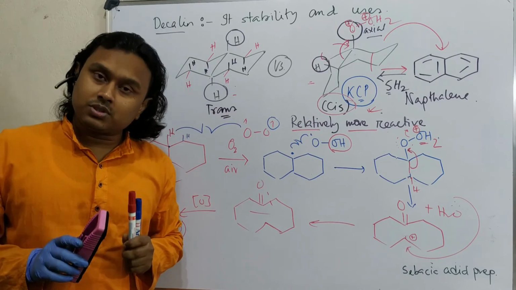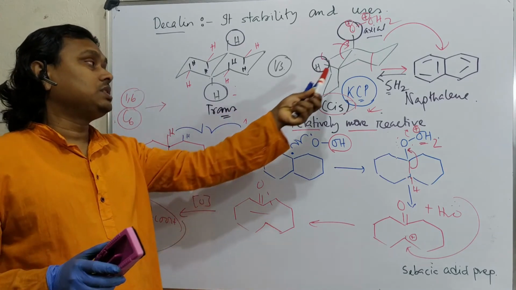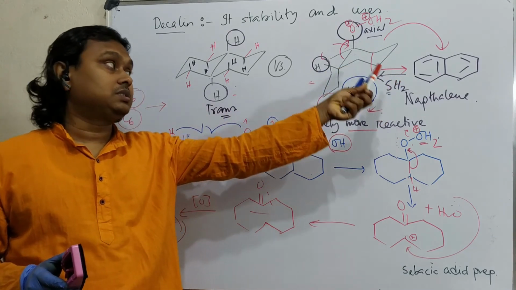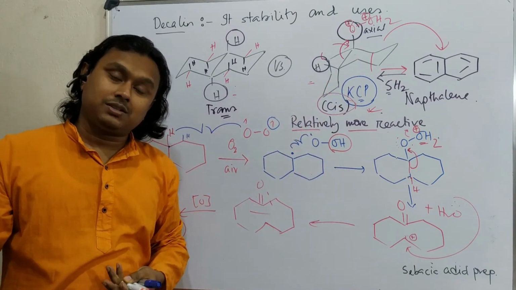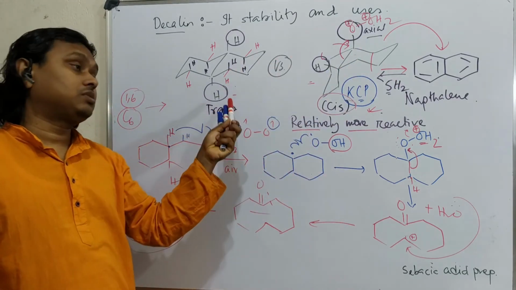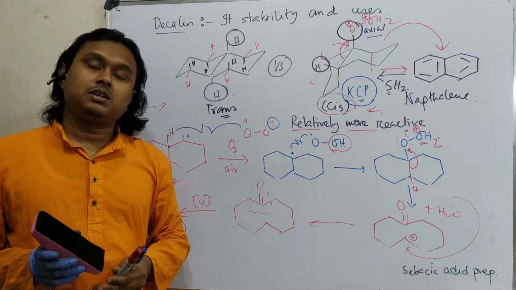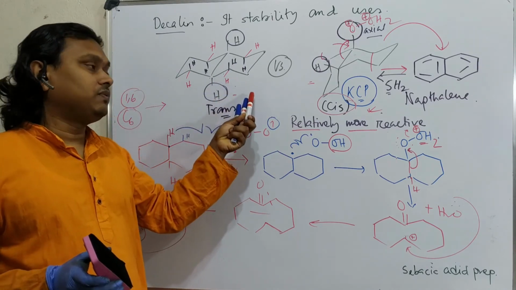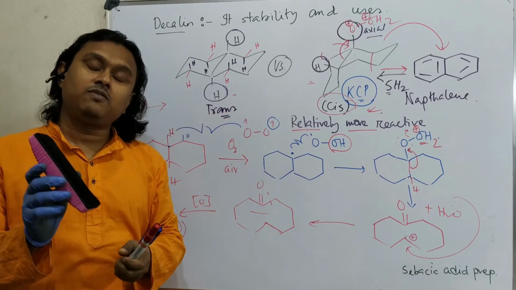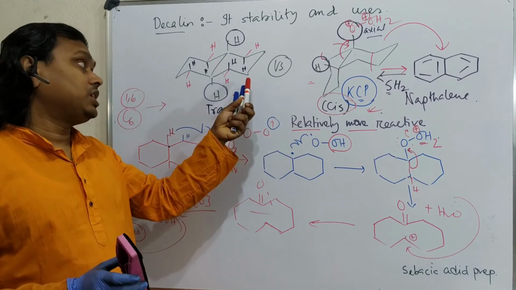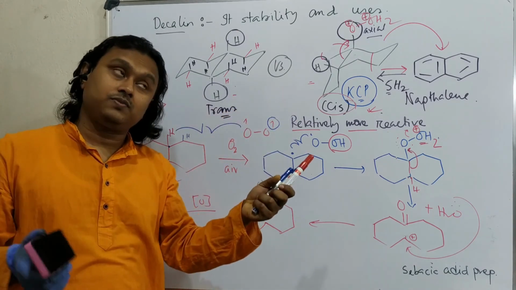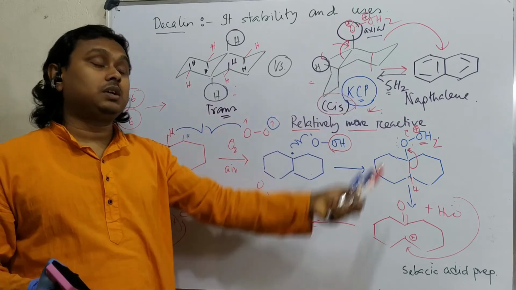There are many reports in literature. They produce this cis isomer in preferential amount, means they are more compared to the trans isomer, but exactly 100% preparation of this I haven't seen anywhere. If you have any such kind of literature, please share with me. I shall try to make videos on it in future. So that is the difficulty.